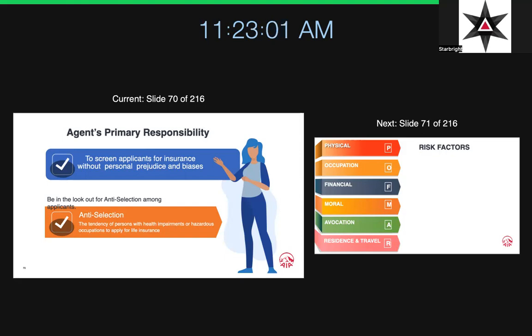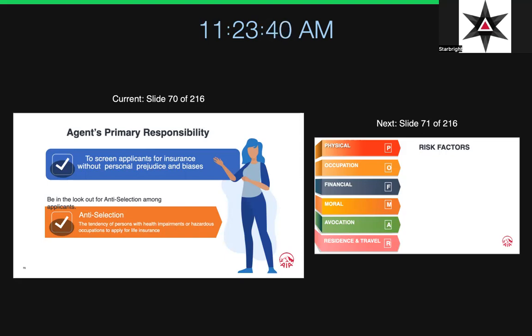Diba? So pag tinanong mo, ay meron ka bang ganyan, sabihin mo. So possible sabihin niya, oo, pero minor lang naman. Clean naman yung last check-up ko, okay naman. Pero you have to ask more. Bakit ka nag-check up and so on and so forth. You have to know more specifics. The more you know, the better yung underwriting process. So, very important yun. I'm sure once na license na kayo, you will go through that phase